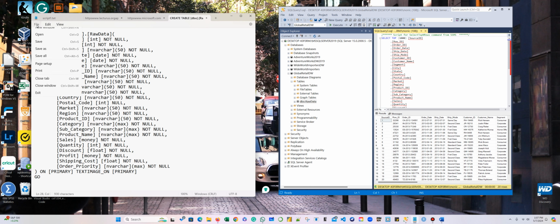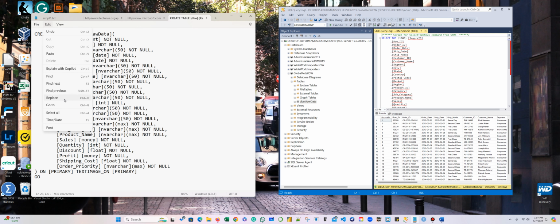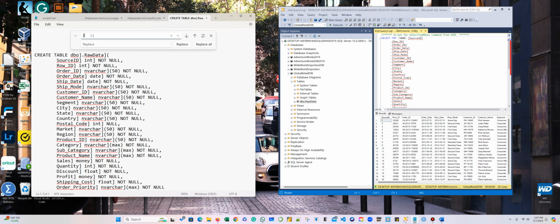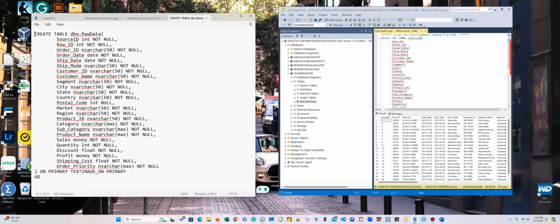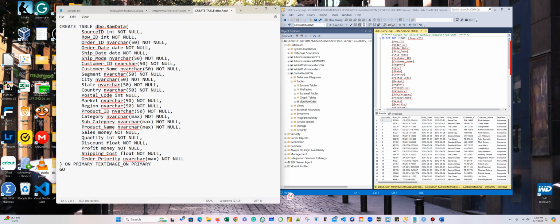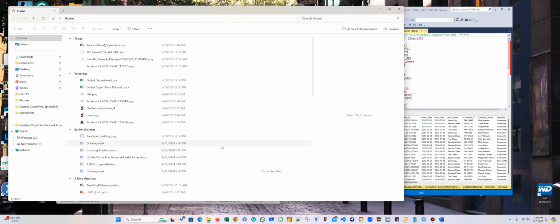I'm going to use edit, replace. Okay, so let me go step by step. If you look for the architecture, what I'm doing is I'm using